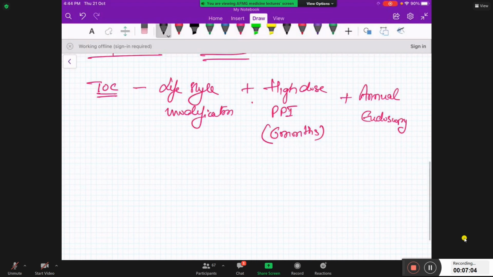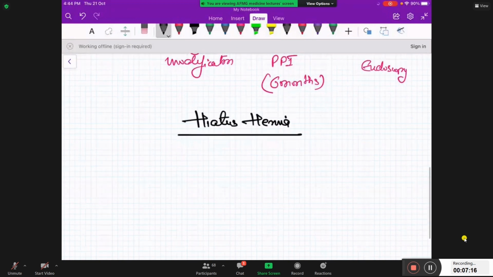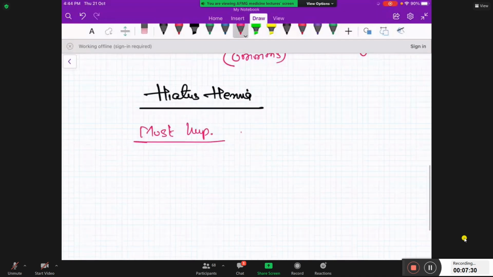Then comes a condition called hiatus hernia. Now, what is hiatus hernia and how do we proceed in hiatus hernia? We should know. Hiatus hernia, a most important question asked: the most important pathophysiological cause for hiatus hernia